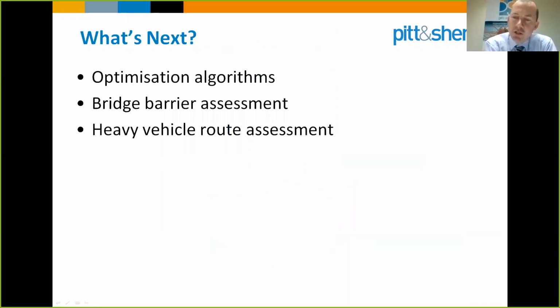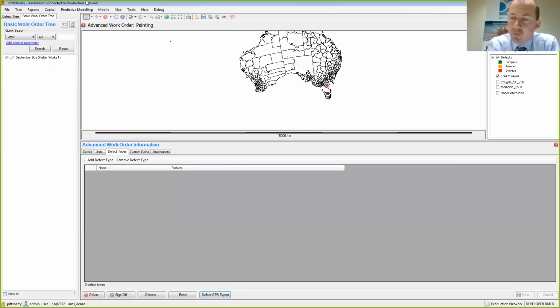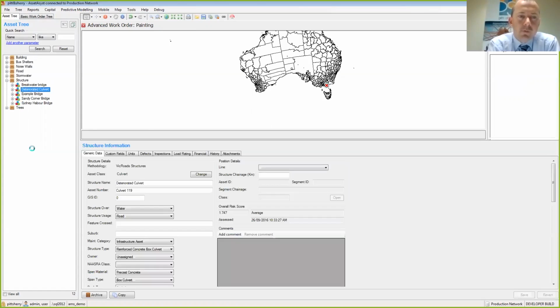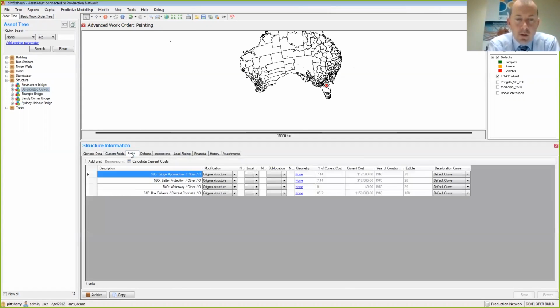Adam, do you just want to take us to, I think that culvert that we had in there, and we had some components? Yeah, so on this units tab here, we've proportioned the overall value of the asset to each of the components. The year of construction's come through from the generic information that can be overwritten, and there's been some default estimated lives for each component come through